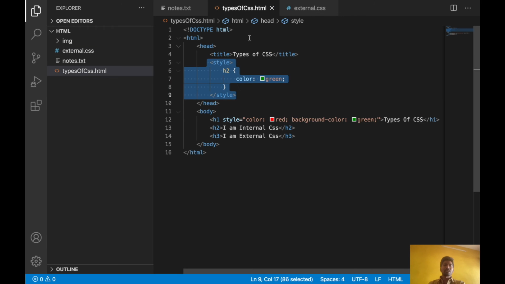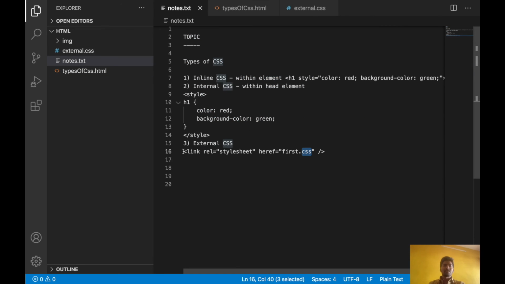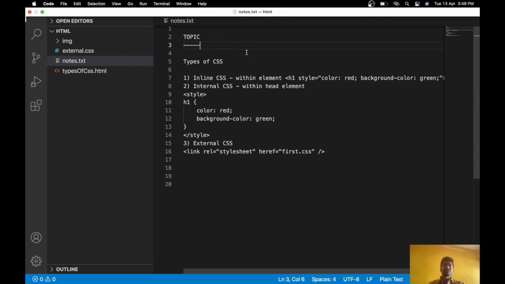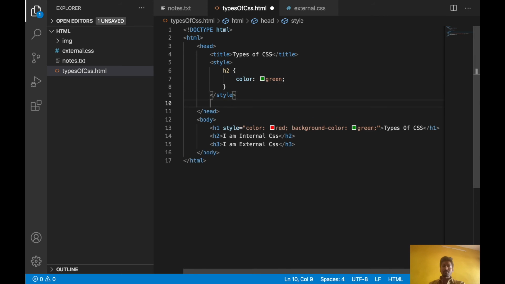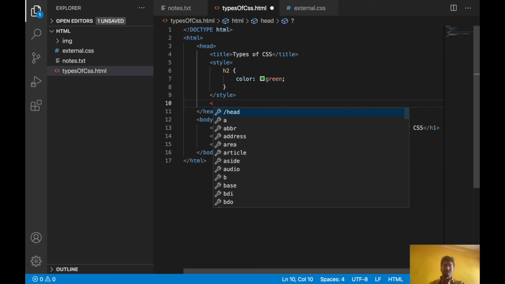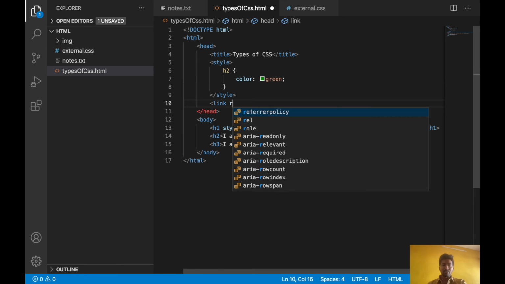So here this is an HTML page and this is a CSS page. There is no link between HTML and CSS. So you can give the link between CSS and HTML like this. Using the link element, you can link it. Okay, let's go here. That also we will write inside the head element only. Link is the element for linking between HTML and CSS.